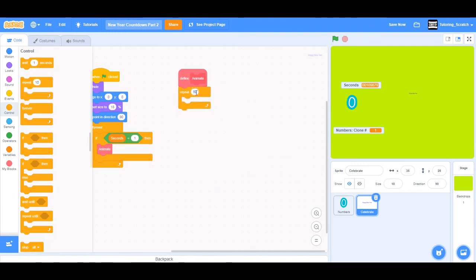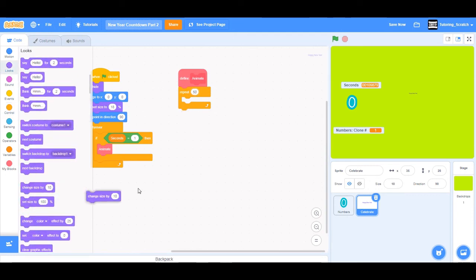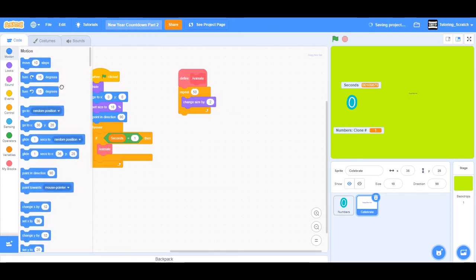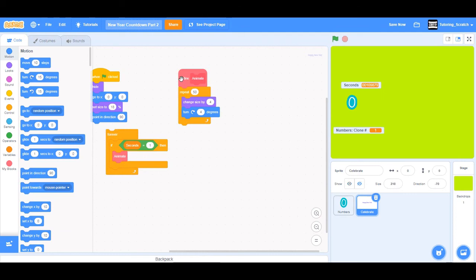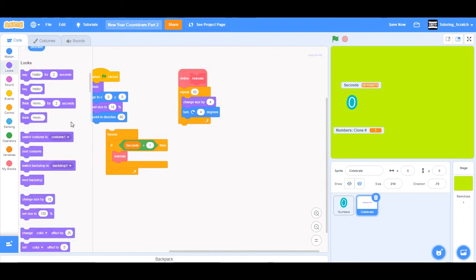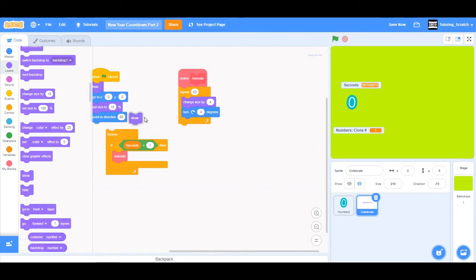repeat 50, change size by 2, and turn 2 degrees. Let's see how that goes. Very slow. So let's just increase this to about 4. Do this, and oh right, first it needs to show as well. So show, and when flag click, and